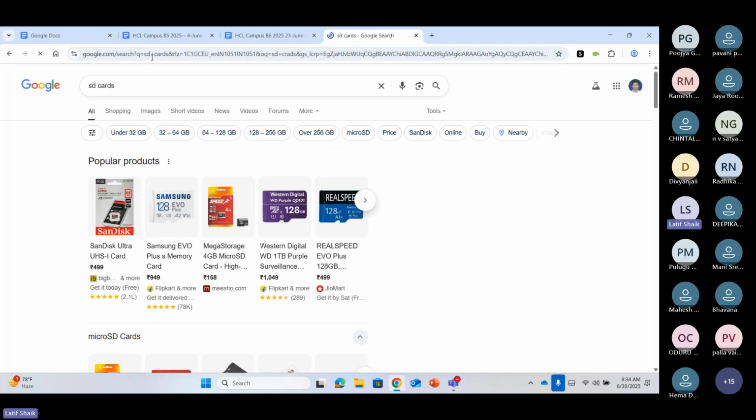So these are the SD cards. Generally, one purpose is external memory for your mobile phone. If you are using an Android mobile, generally you will get one memory card slot. You will insert it and you can store the data. But if you want to read the content, or write, put something inside,